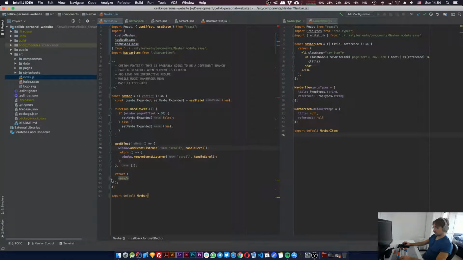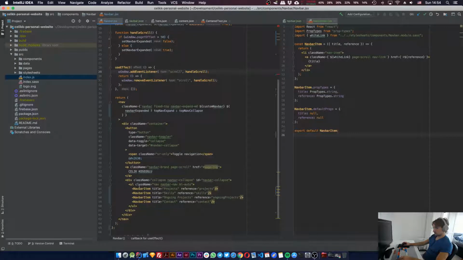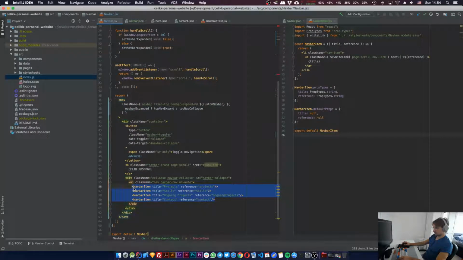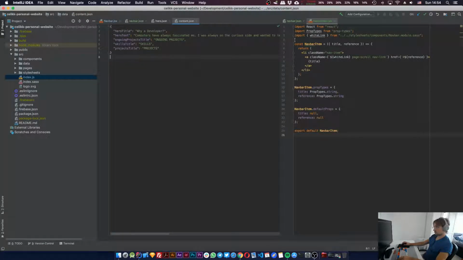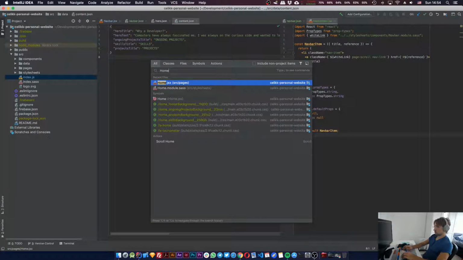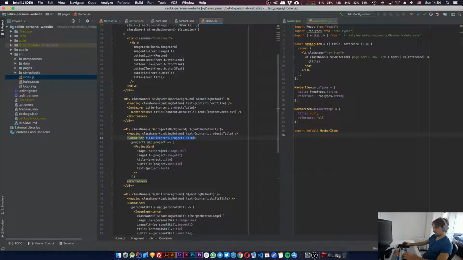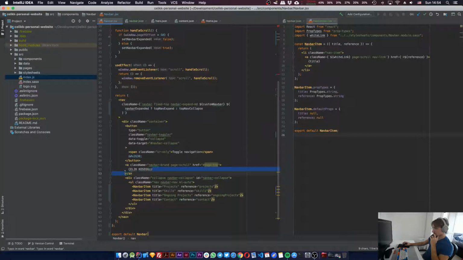Now that we have the content in there, we are going to replace these with a map call. Let's remember how to do that. It was probably in home JSX. Here. Here's an example. So when you are given a JSON array, okay, so this is going to be